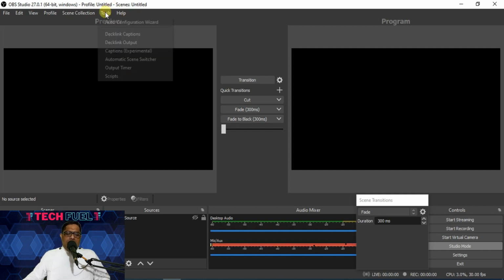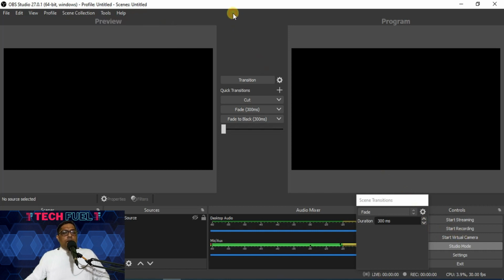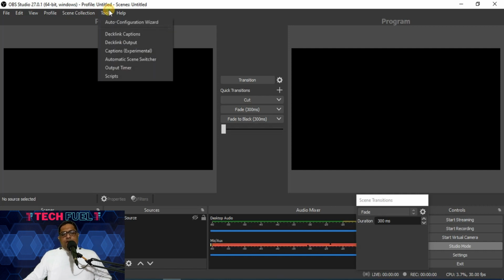Now, when you look at these tools here, we find start virtual camera, but we don't have the virtual camera installed as of now. When you look at these tools, you don't have the option of virtual camera. And so we need to download the OBS virtual camera plugin. So I'll just go in and download the virtual camera too. I'll explain how to do that, and then we'll move forward with our sessions.